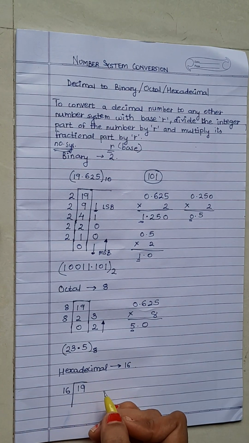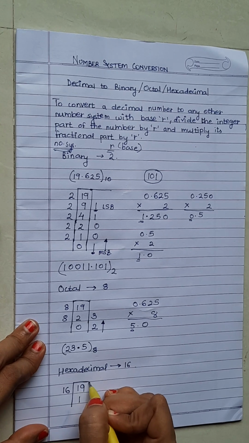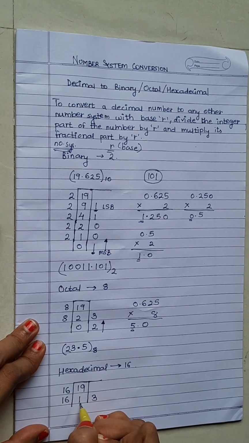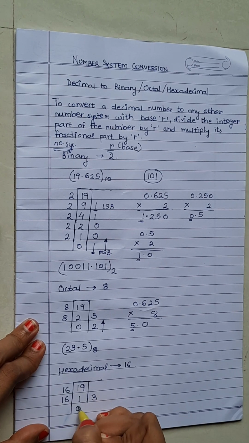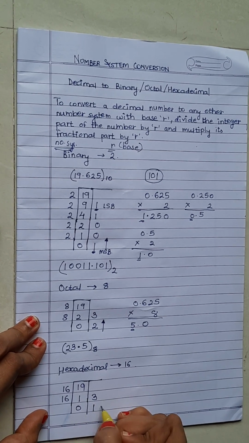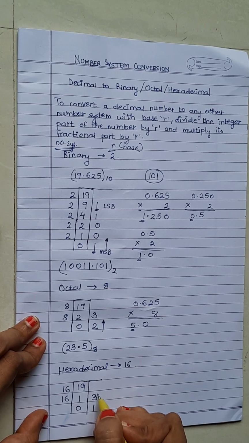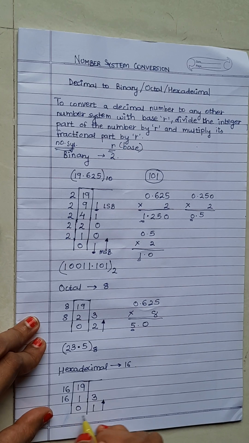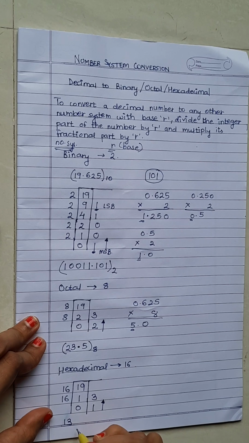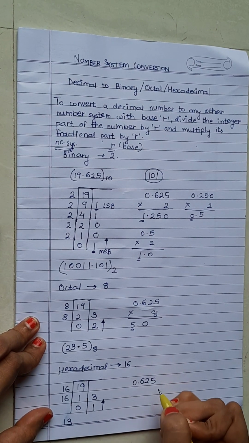What I get is, 16 ones are 16. Remainder here is 3. 1 is the quotient. Now divide 1 by 16. I get 0. Remainder is 1. Once I get the quotient 0, I will stop and I will read the remainders from bottom to top. The bottommost is the MSB, topmost is the LSB, and the integer part 19 in decimal can be written as 13 in hexadecimal, and I again take the fractional part,